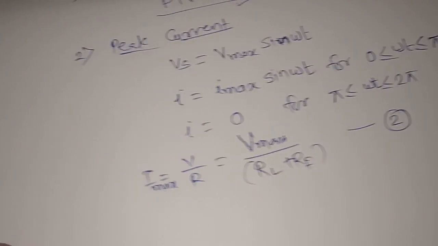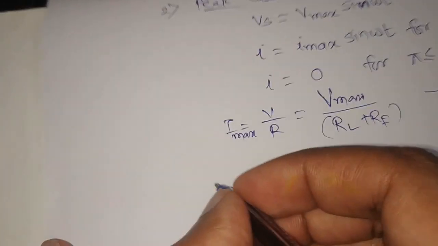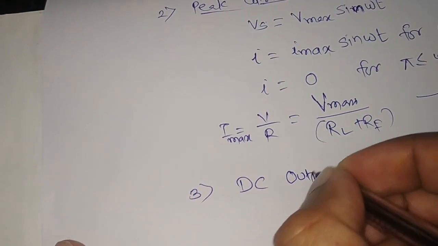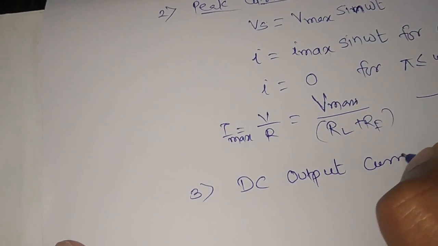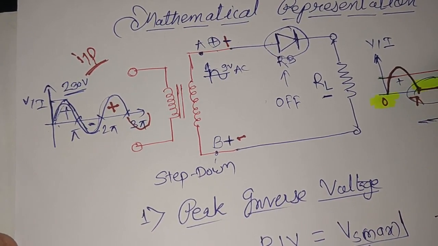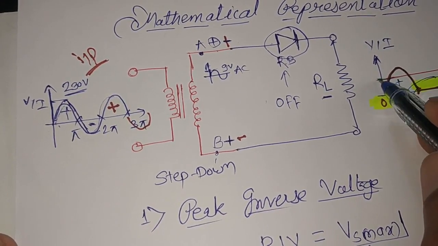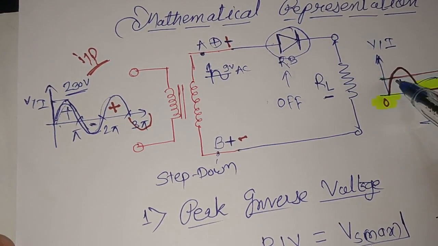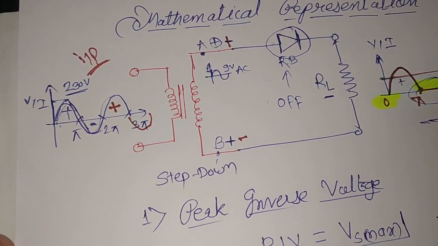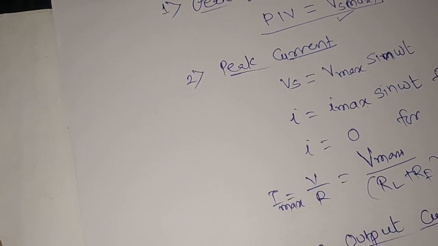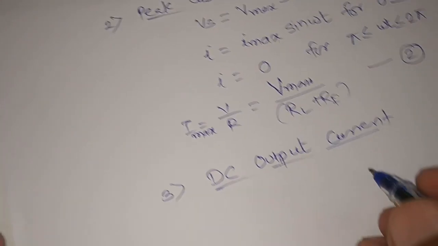Now next parameter we will see DC output current. Third parameter, DC output current. Now this is the output, DC output. How much DC component is present in this particular output, that we have to see. DC means how much straight line, but straight line we don't get actual straight line here without filter, but how much is the average out of these available signals, that we have to calculate. For that there is formula. It is also called as average current, average or DC current.